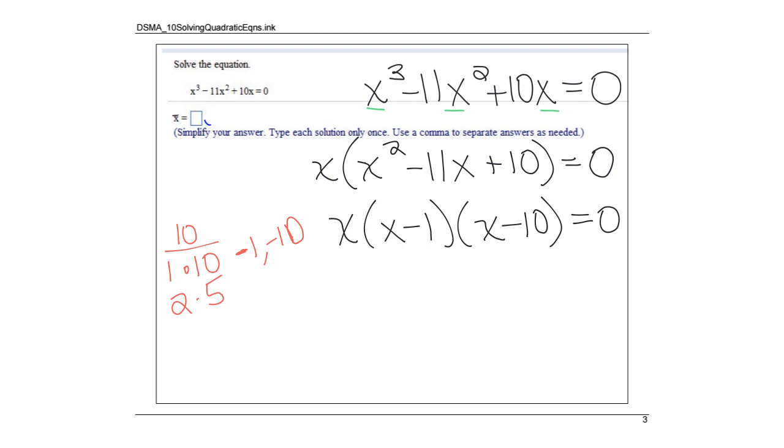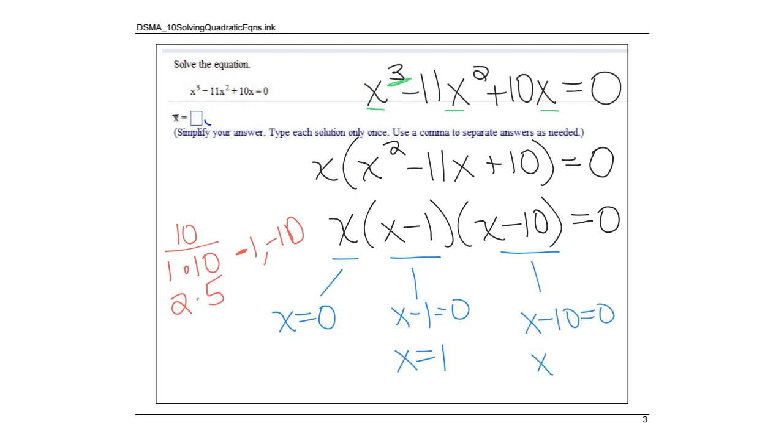All right, so at this point, I actually have 3 answers. When you have the original polynomial in standard form, if your largest exponent is a 2, then you have 2 solutions. If your largest exponent, like in this case, is a 3, then you are going to have 3 answers. So our first one is x equals 0. There's nothing else we have to do. Here we have x minus 1 equals 0 or x equals 1. And then here we have x minus 10 equals 0 or x equals positive 10. So all 3 of these are a solution